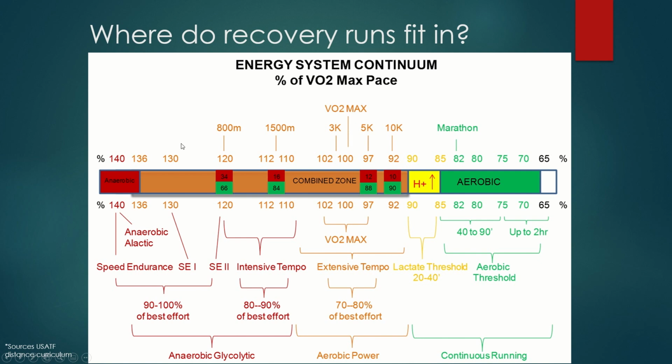There's a lot on this pace continuum, but all you need to look at is VO2 max is 100%. Different race paces are up here. The 5K, which we're dealing with right here, is 97%. We are all the way down here, almost off the energy continuum, at the slowest pace possible to get fitness